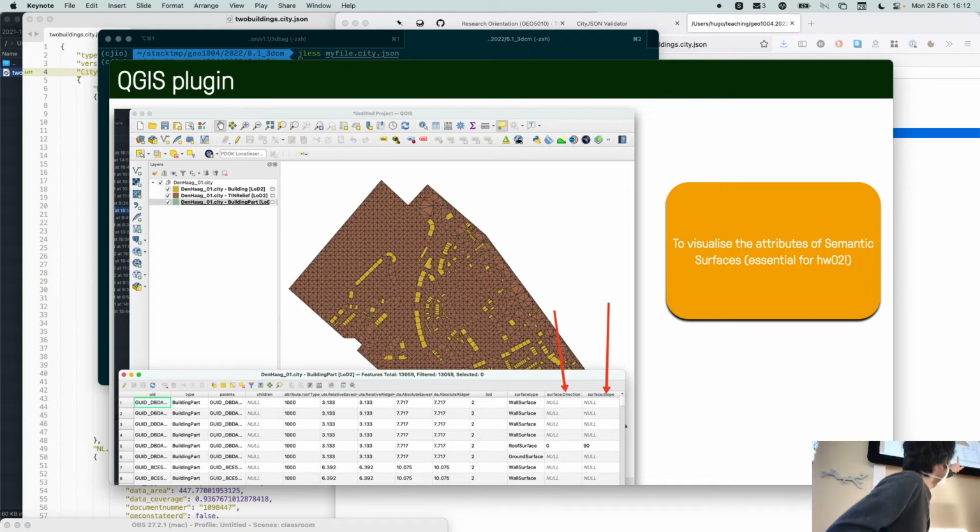I write that because it's essential for assignment 2. I will explain in a second, remember that, but you will create files, you will improve the files that we have in assignment 2, but the only way to visually see if you have something good is to use QGIS at this moment, because Ninja doesn't support that, so you will need to install the plugin to verify one thing manually, visually.